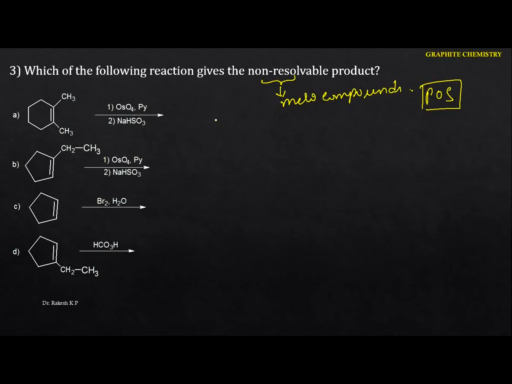That means you just identify the product for the first one. I'm going to write the product for this one here. The double bond gives you the respective diol. This is the CH3, and here it is the OH. Again here also the condition is the same, so you have syn addition, and here we are going to have the respective diol. Here it is the OH, and here also we have the OH.